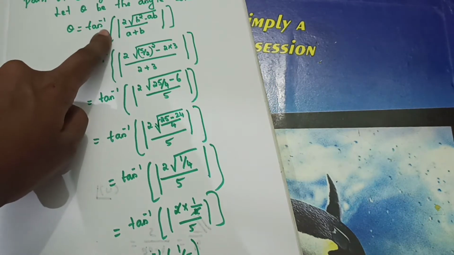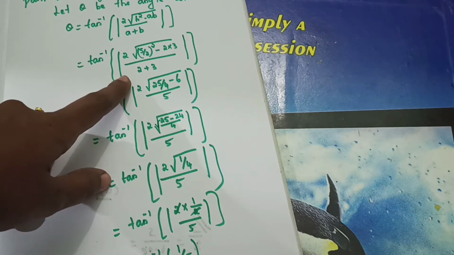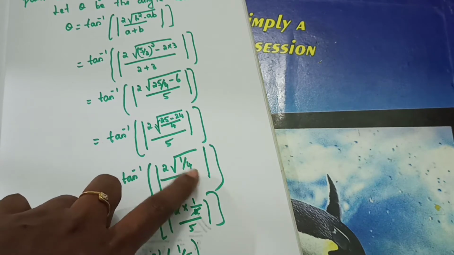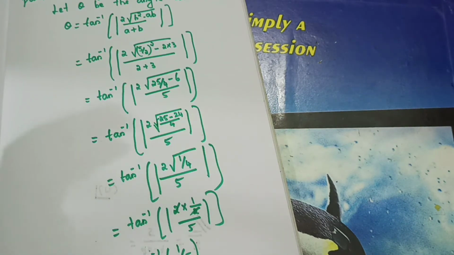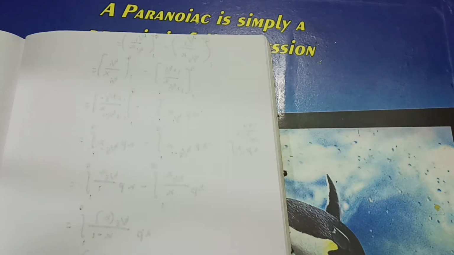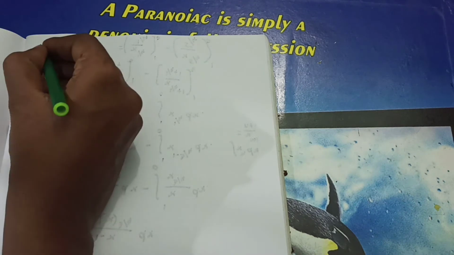Just I wrote the formula and I substituted all the values. Take the LCM here. So you got the answer as 1 by 4. So 1 by 4, when you are taking outside of the square root, 1 by 2. So these two terms will get cancelled. You will get tan inverse of 1 by 5. Okay. So this one, two parts. So you need to find the angle as well as you need to show that the given equation represents a pair of straight lines. Understand, students? I hope you got good idea. Let's move to the next question. Okay. Let's move to the next question.